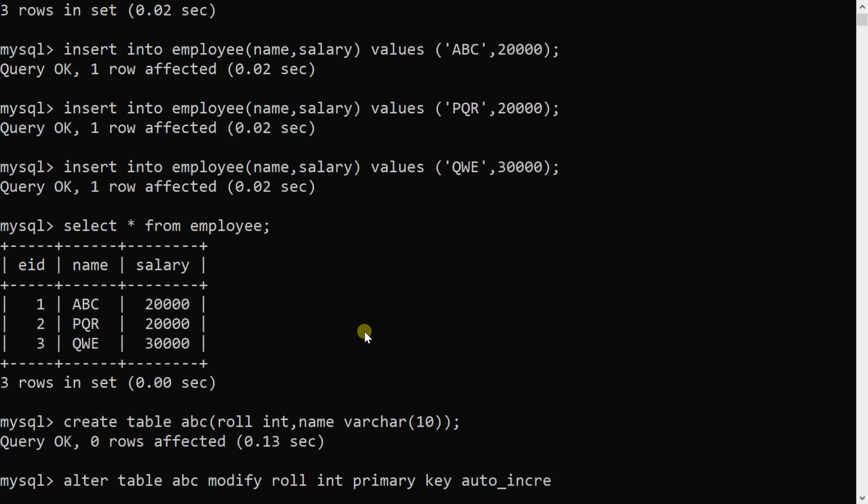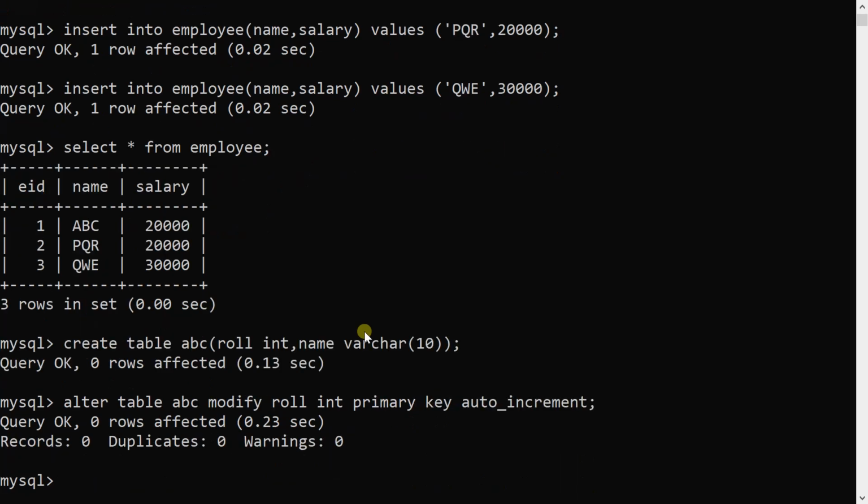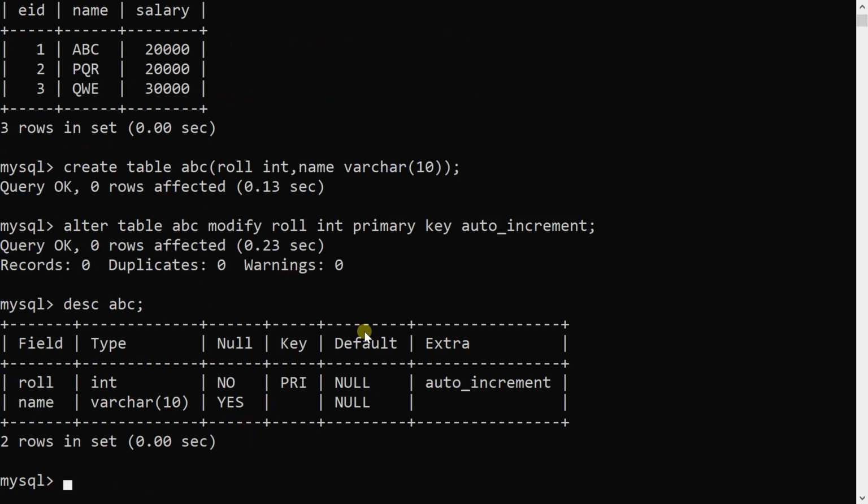So before inserting my records, I am updating my table. Here you can see my query is okay. And if I describe my table ABC, here you can see the role attribute is updated, role with primary attribute and extra feature auto increment, right? So with the alter table statement, we can modify an existing attribute with the auto increment feature.